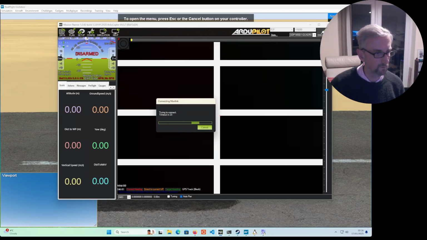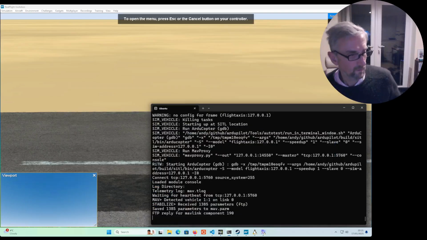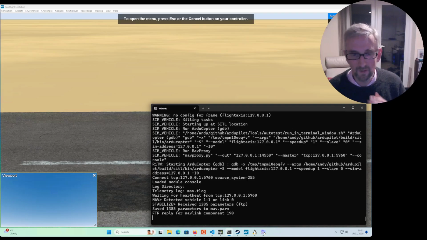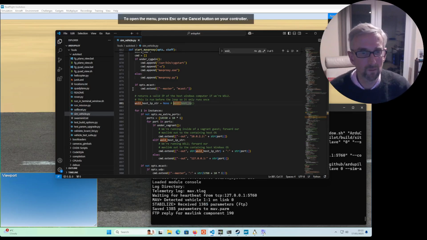I thought this was TCP. Let me figure it out. Right, turns out there's a bug. So the bug is this guy in sim vehicle. We do this WSL2